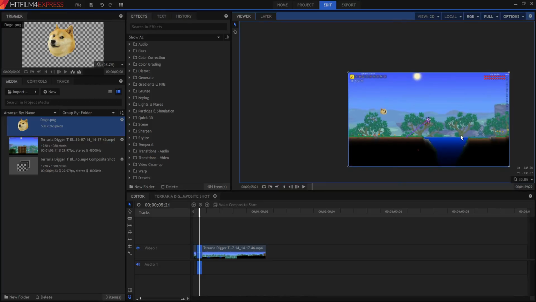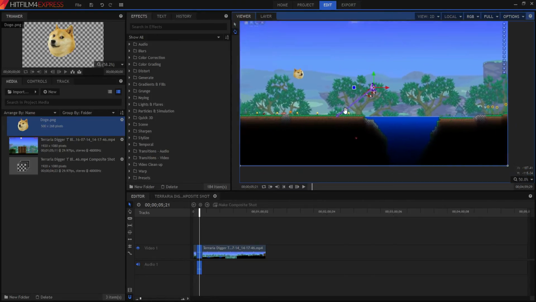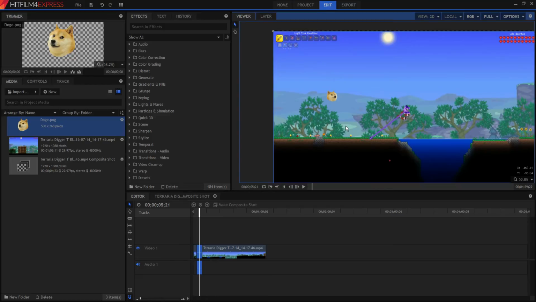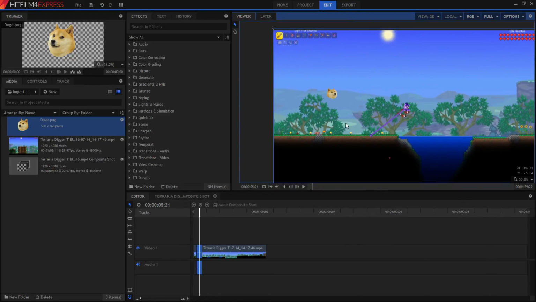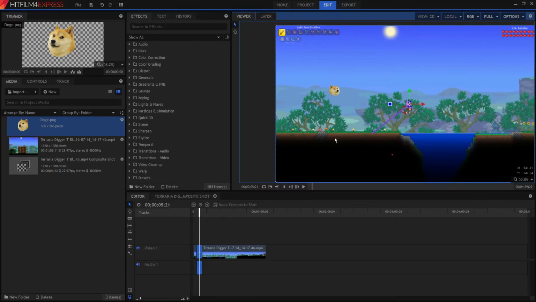Oops, don't want to do that. Don't middle click because it moves the video. No, that's fine, don't care. If you want to hold right click to move the camera on this, and left click also moves. So left click and the middle click are basically the same. There might be a few differences. And now,